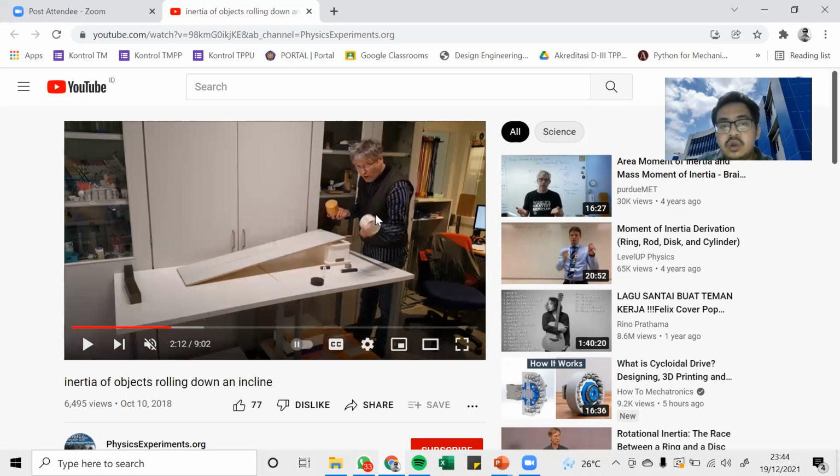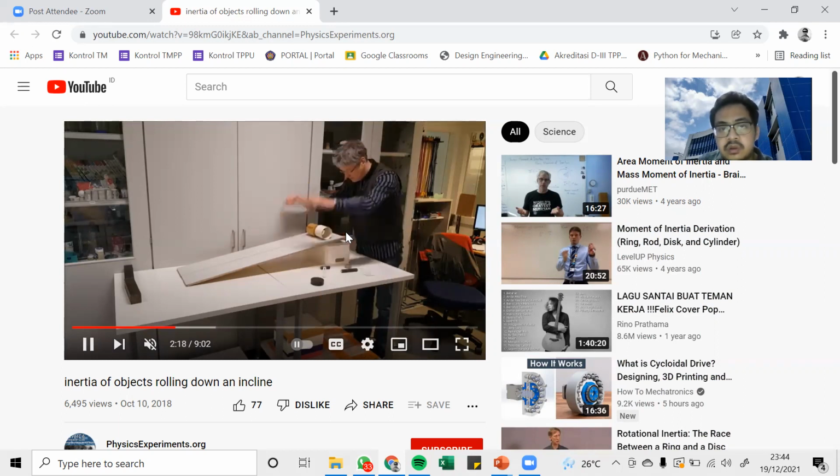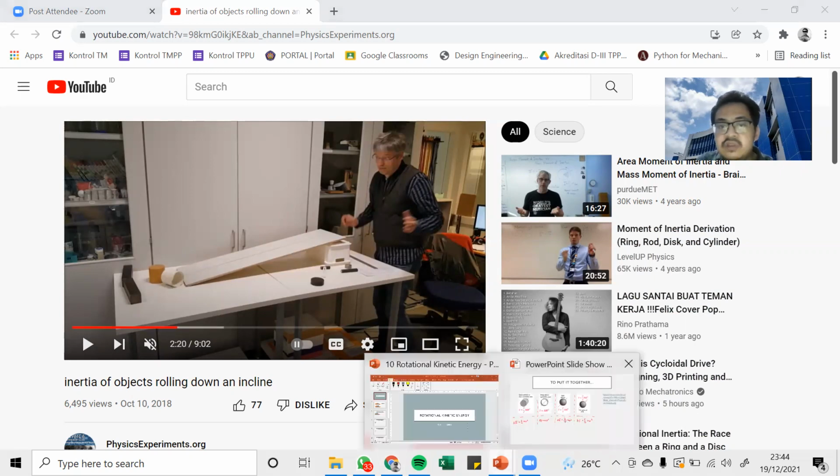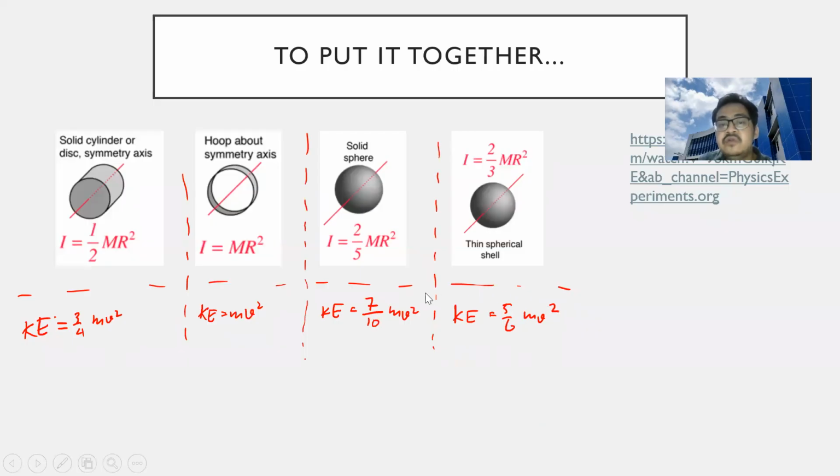We can assume that this one is lighter and this one is heavier. But let's see when it rolls. See that the solid cylinder will roll faster than the hollow cylinder or the hoop because of this exact explanation that I have given to you. The solid cylinder will roll faster because